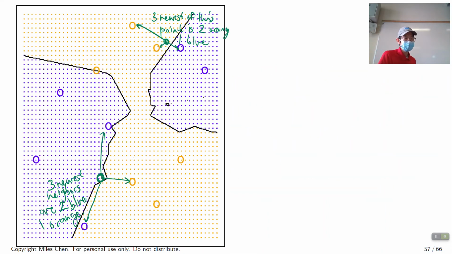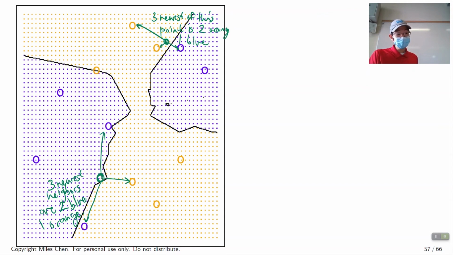Okay, so the training data are these circles in orange and blue. And here, this green dot that I've drawn represents a test case, okay? So for this test case, we say, what are my 3 nearest neighbors? This is going to be k equals 3. My 3 nearest neighbors are this point, and this point. These are my 3 nearest neighbors. And if I look at these 3 points here, 2 of them are orange and 1 is blue. And therefore, out of the 3 nearest neighbors, 2 of them are orange, so this test case is going to get classified as orange. Okay.